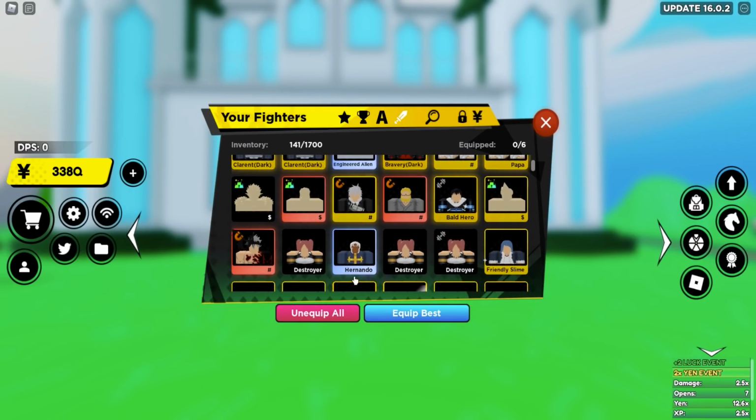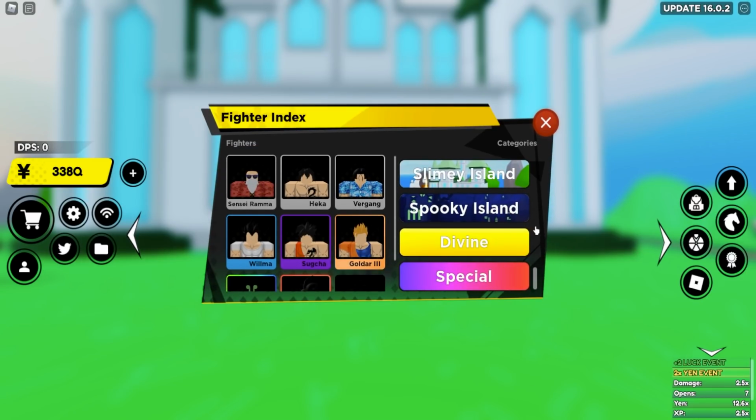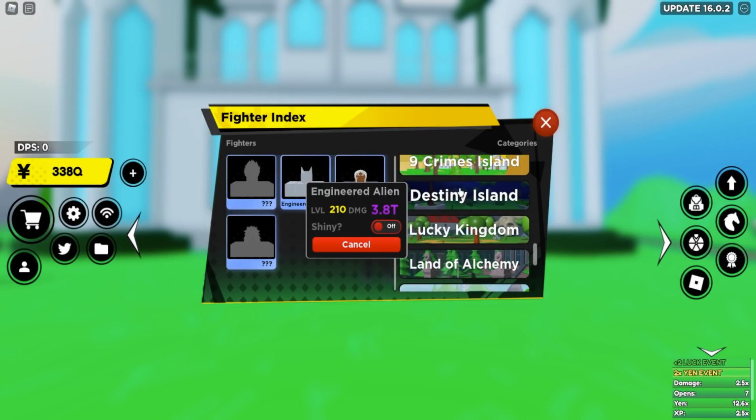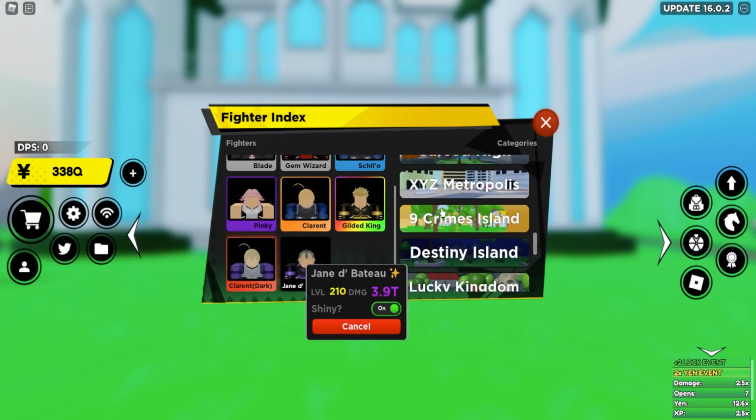Now we got this Hernando as well. Now Divines, for those of you who may not know, were nerfed yet again on this update, and just to give you guys a better idea, this guy used to be 440 damage at level 1, I can tell you that, before the update, and his level 210 damage used to be 4.1 trillion, and now you can clearly see it's nerfed down to 3.8, which kind of puts him in the category between this shiny Jean and